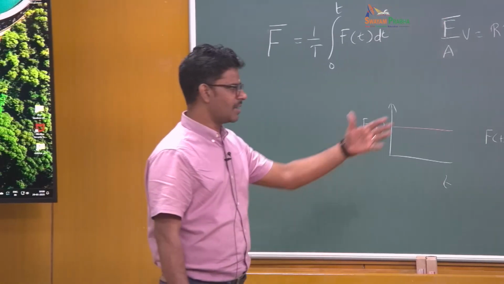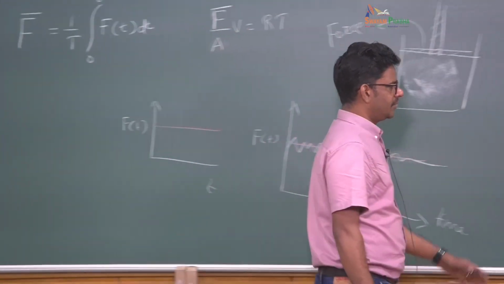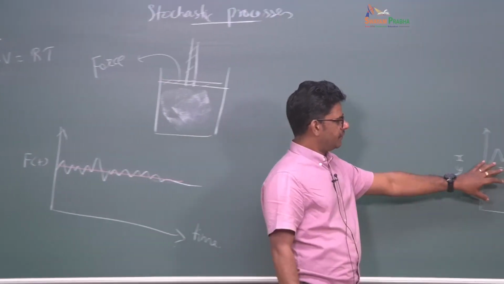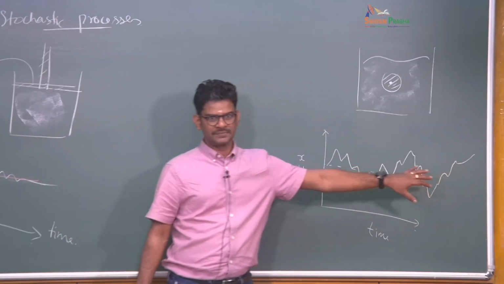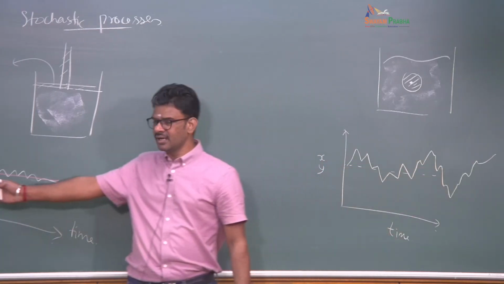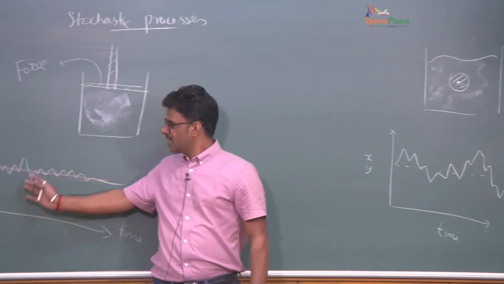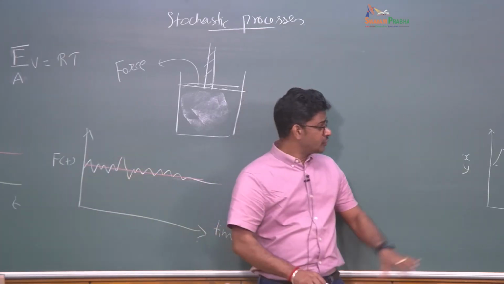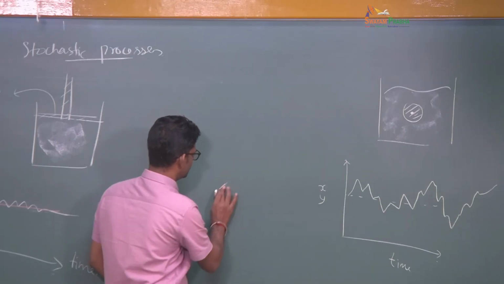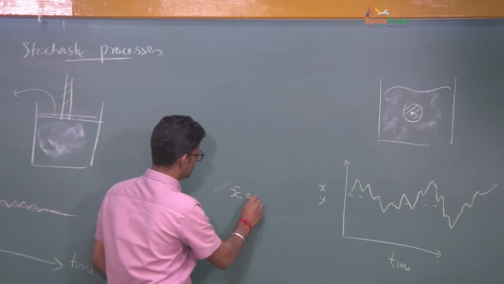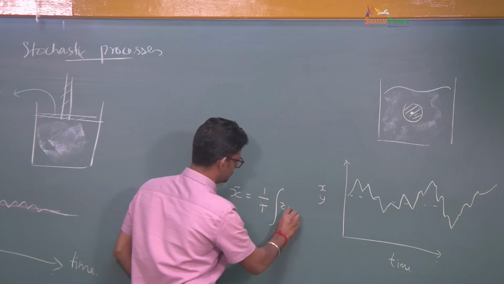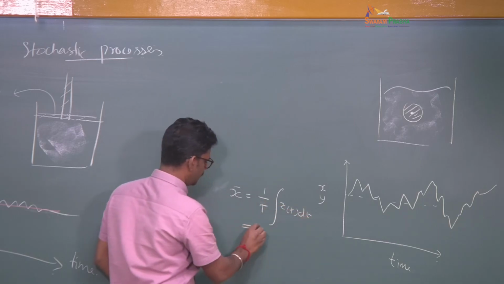Okay, so we will come back to this particular problem later on, but the point is, just like the force was fluctuating, here the coordinates of a Brownian particle also fluctuate. So this dynamics looks very irregular, as much as it was irregular here. Just like how I can do a time average here, I can also do a time average here, and you will see that if I do a time average, it is 0.